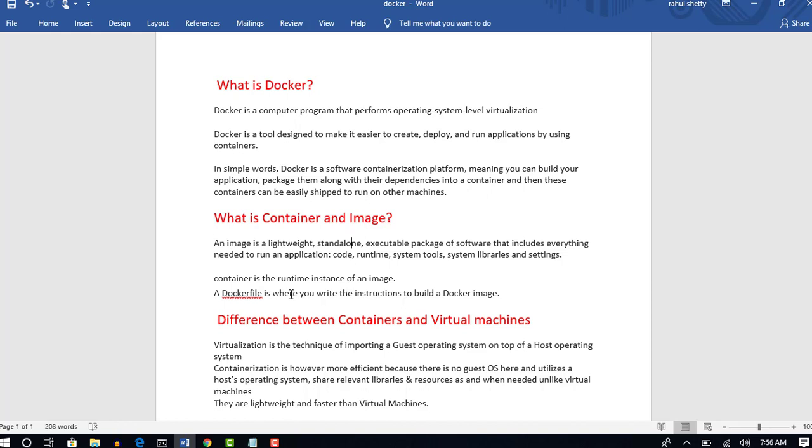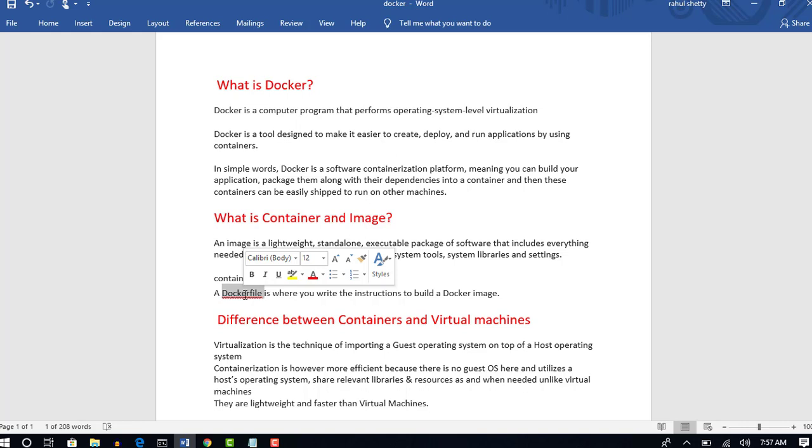Now, we have a terminology called Dockerfile in the Docker world, where you write some code, or some kind of instructions. You pass some instructions in this file, and Docker software scans this file, and based upon the instructions you have given, it will build a Docker image for you. So basically you write: give me Java, give me Selenium, give me Firefox, whatever software you need.